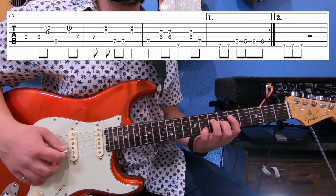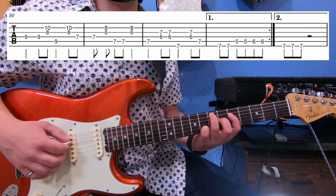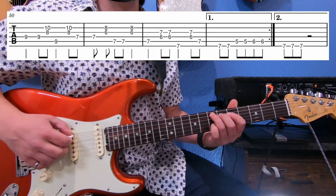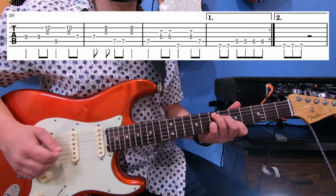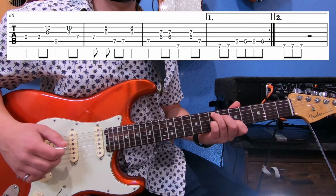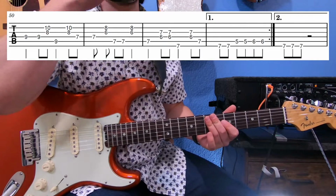twice, and then we got a double stop, 6th fret of the G, 8th fret of the B, 7th fret of the A string, twice, 6th fret of the G, 8th fret of the B, double stop. Then we're back to our E7 chord, 7th fret of the A string, double stop here, 7th fret E, double stop, 7th fret of the A string, and there's 2 rounds of the sax solo, so we're going to play